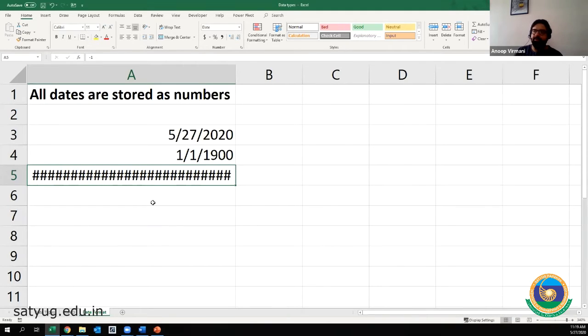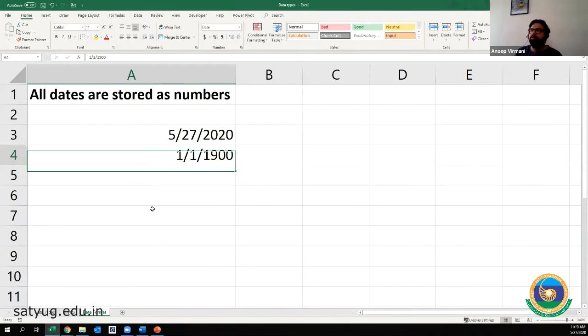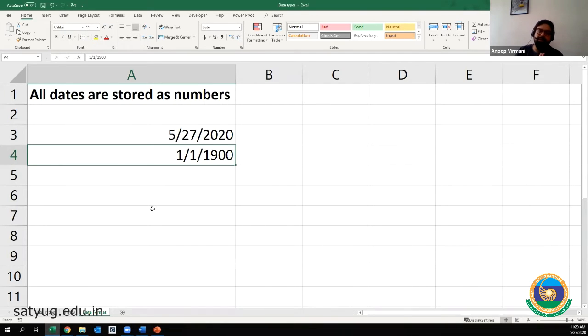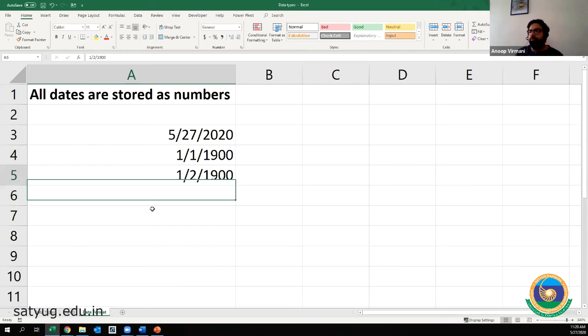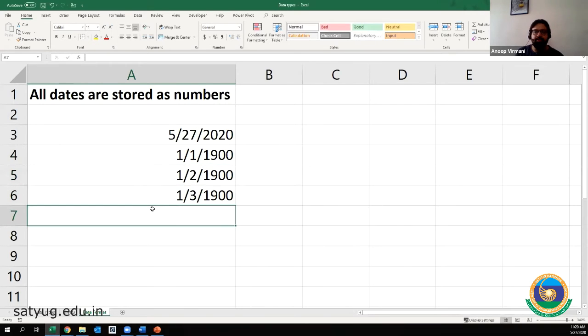It just says that -1 is not stored as any date. So you guys have to remember that each and every detail in Excel is stored as a number. Dates are stored as numbers, and it begins with 1, and 1 was 1st of January 1900. Then we have 2, you see, 2nd of January 1900, 3, 3rd of January 1900.